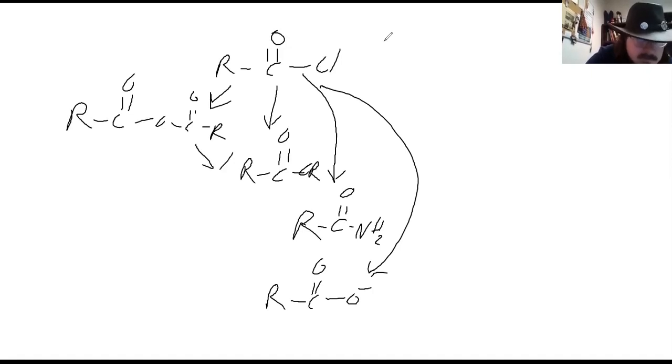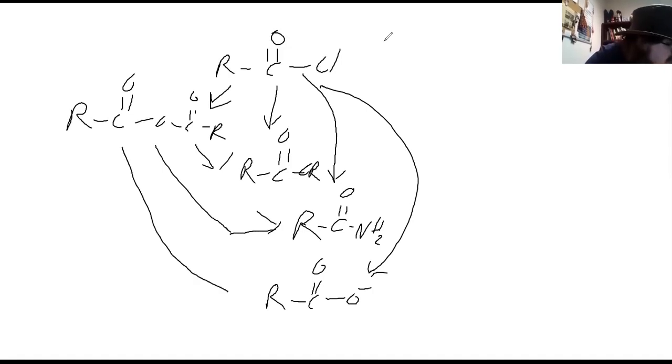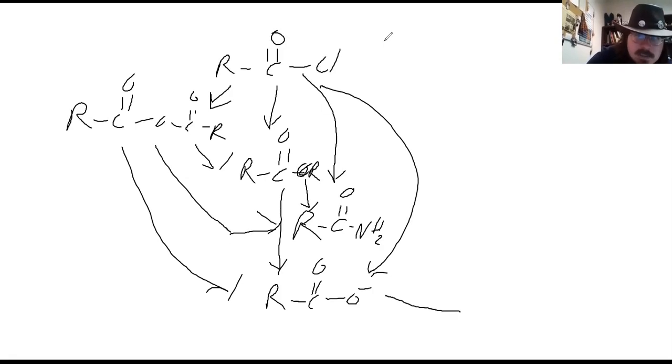Anhydride can be easily converted into all of these except for the acid chloride, not too easily. The ester can be converted into anything below it. And sure, they don't really have an arrow, but maybe the amide might be a little bit hard to make into that. But from there,